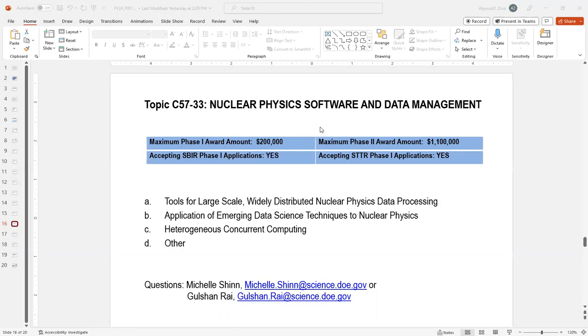Let's see. And again, in C, what would be the best way for an applicant to identify a collaborator? So I've given you references right up there at the top on the yellow report, which has a list of authors and their institutions. And that would be a great start. I can help you, or Gulshan can, with the appropriate people for any of these larger experiments. And for what's called the EPIC collaboration, which is designing the detector for the electron ion collider.